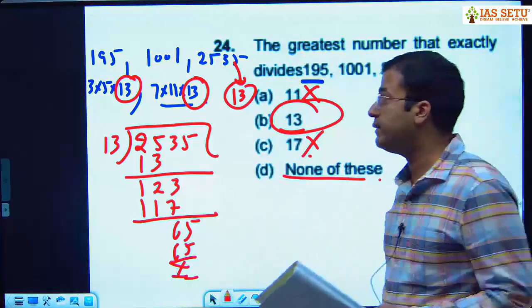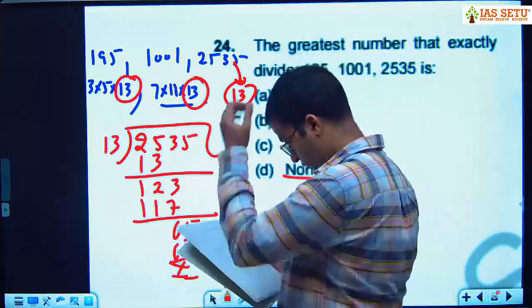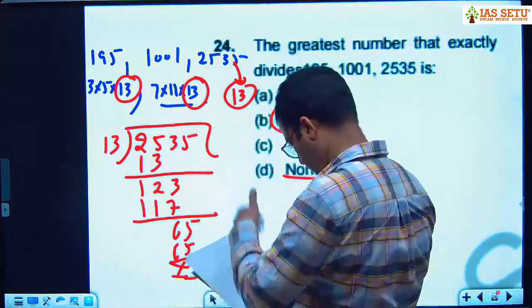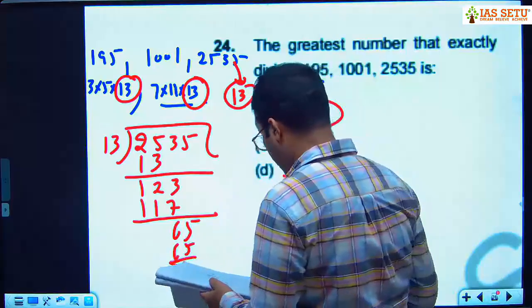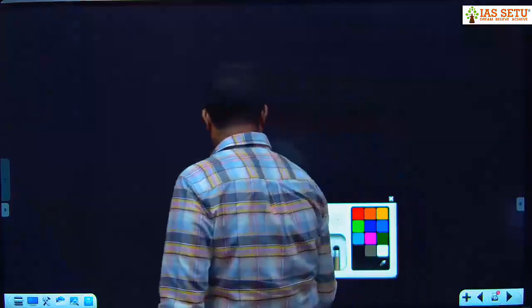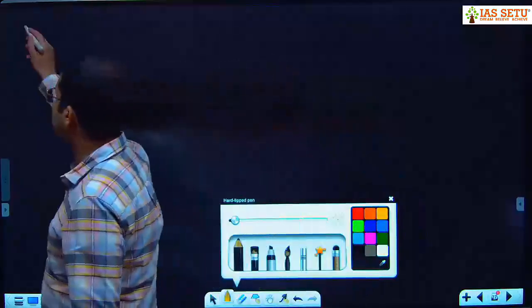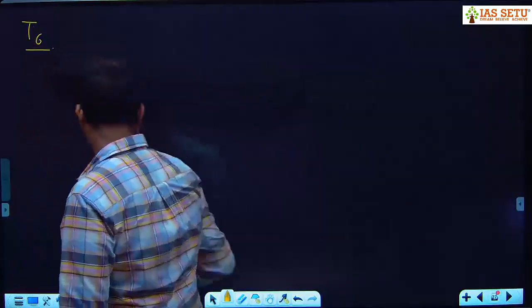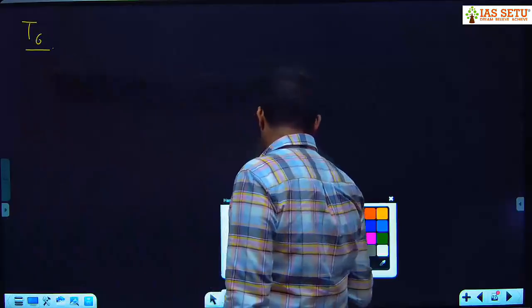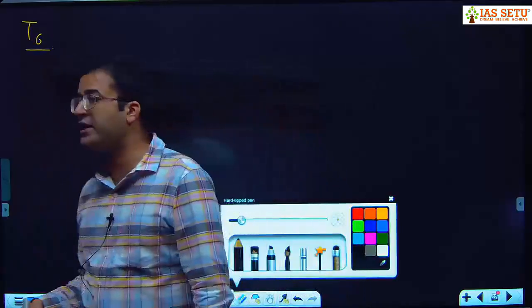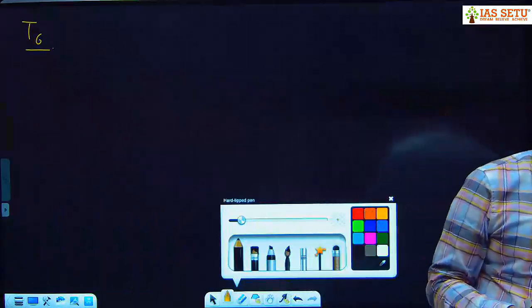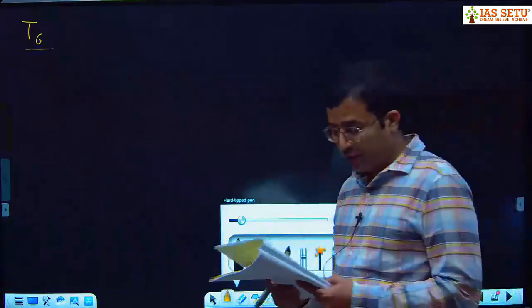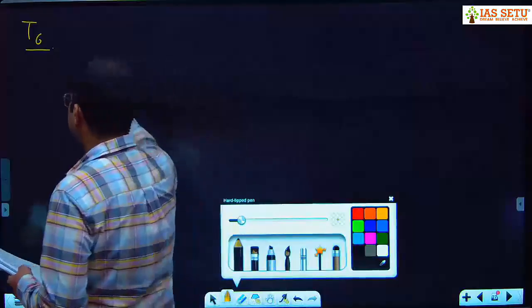Now next type. Type 6 of HCF. Let me take some easy questions so that we can have an idea of the concept. Then we try some extra questions. You write the question: the greatest number